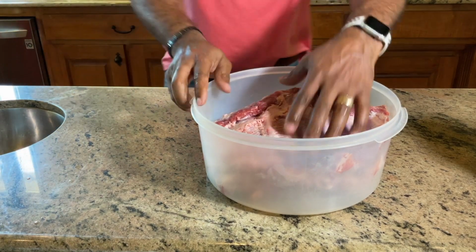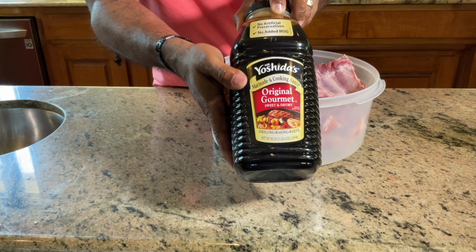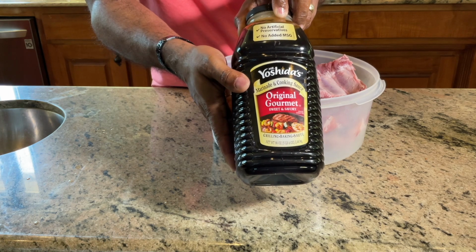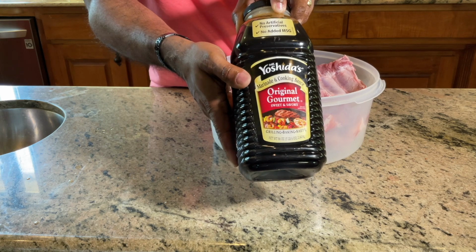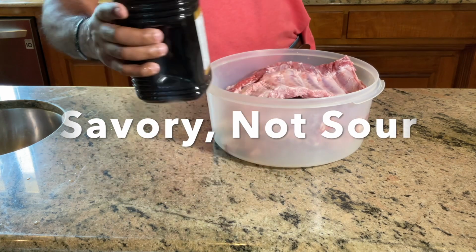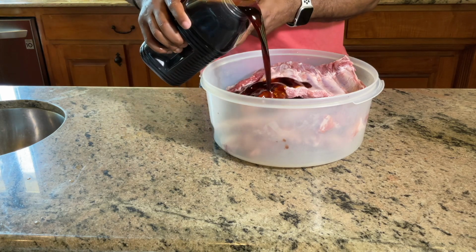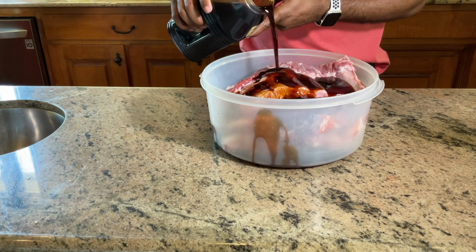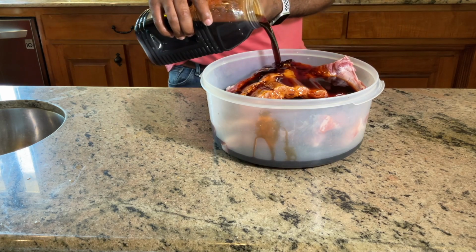And we are simply coming back now with our Yoshida. This stuff is absolutely amazing. I'm talking about true Asian flavors, teriyaki themes, and again, it's called Original Gourmet Sweet and Sour. And we are simply pouring. That's all. All right, so we're gonna get these babies soaked in this awesome marinade, again, for 10 to 12 hours,